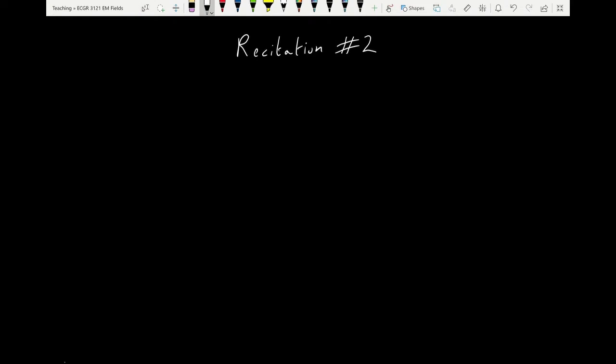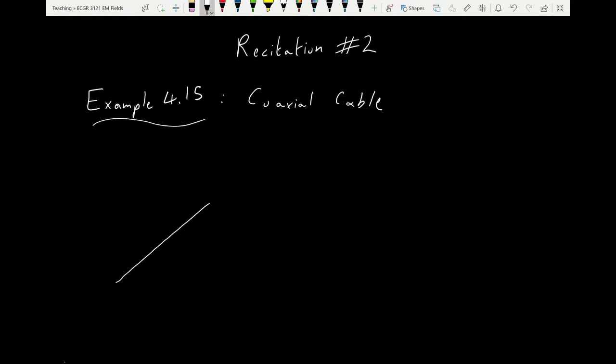I want to start with example 4.15 from the textbook. It's a problem about a coaxial cable. What's a coaxial cable? A coaxial cable is typically two concentric